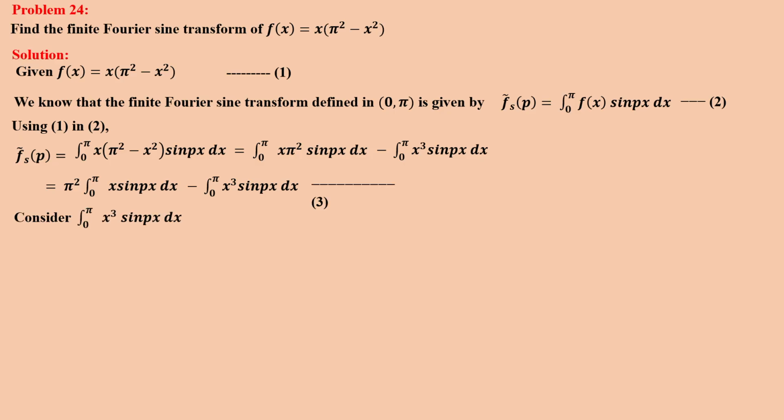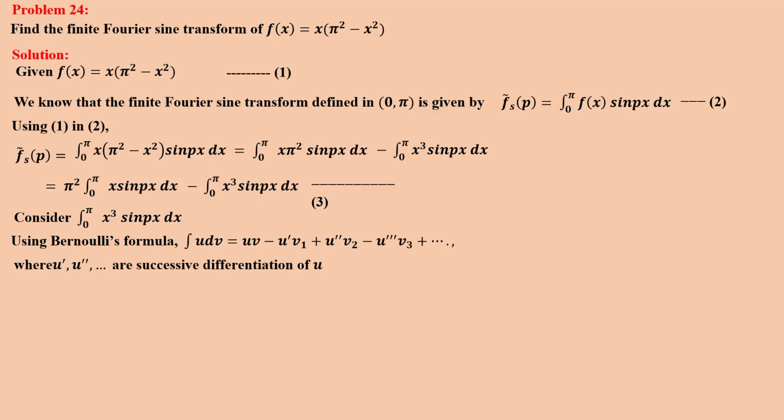Now consider the integral 0 to pi x cube sine px dx. We are going to evaluate it separately and put it in the third equation. So using Bernoulli's theorem, we are going to evaluate this integral. Bernoulli's theorem: integral u dv is equal to uv minus u dash v1 plus etc. As usual, u dash, u double dash are successive differentiations of u, and v1, v2 are successive integrals of dv. Here we are taking u is equal to x cube